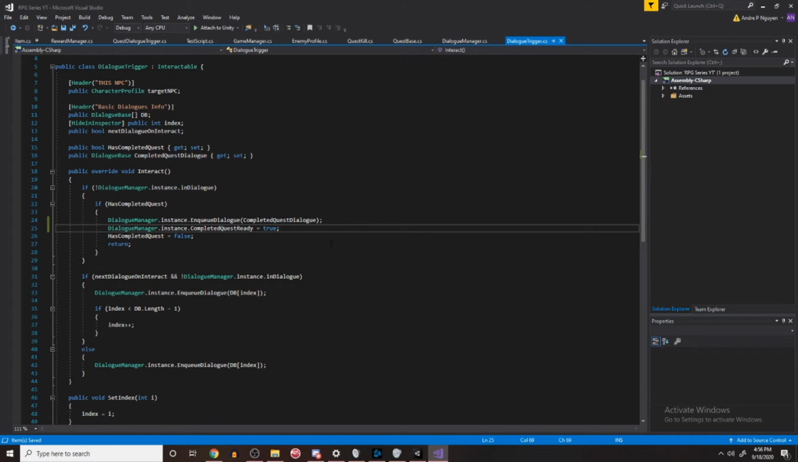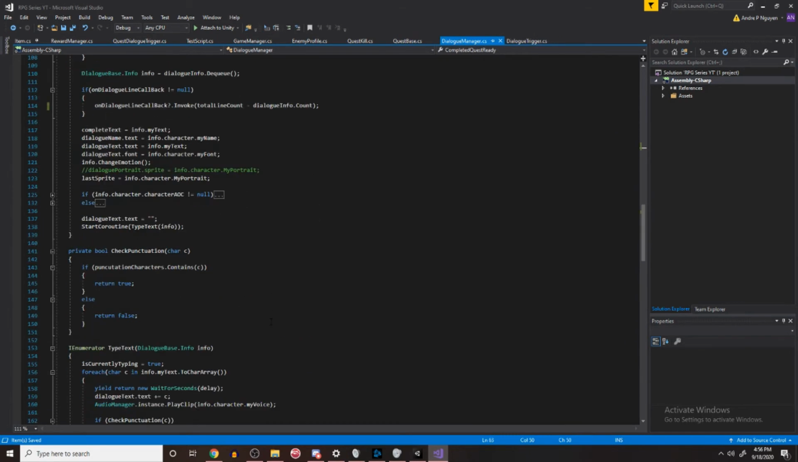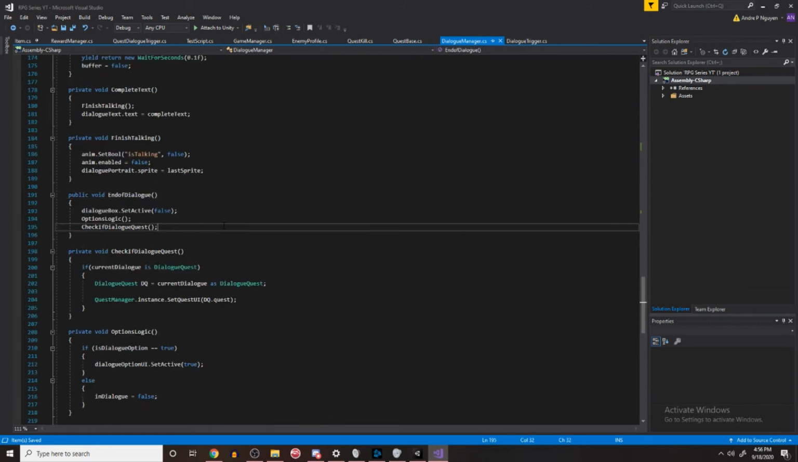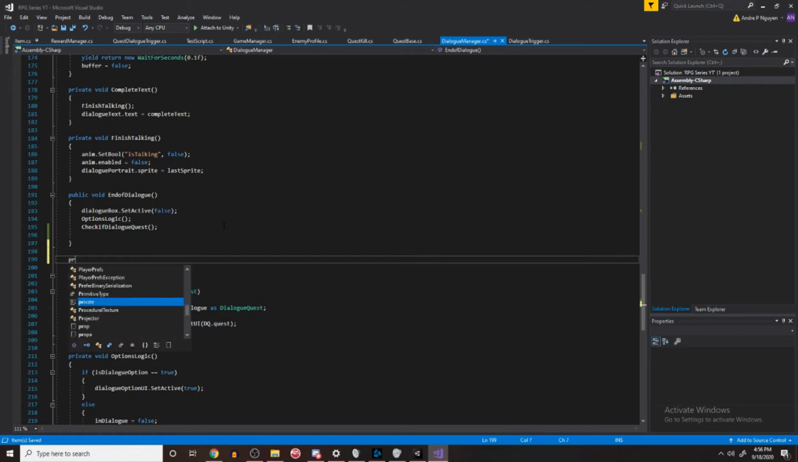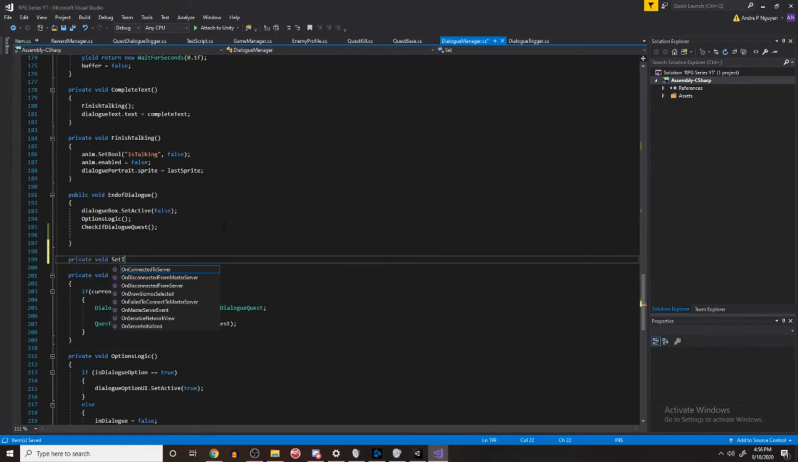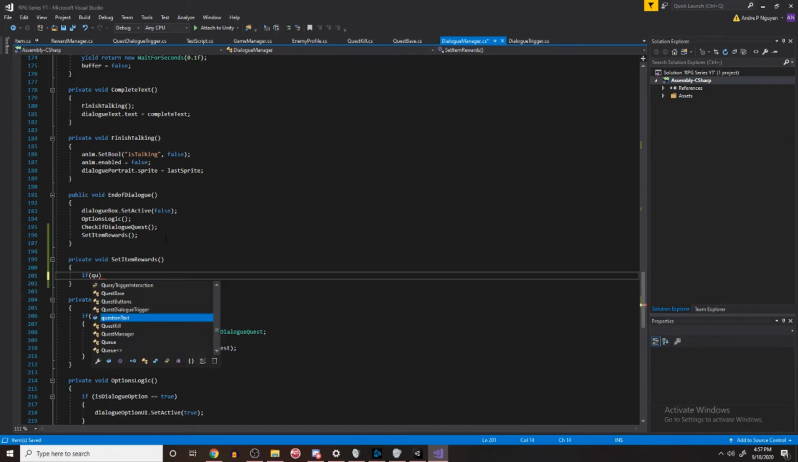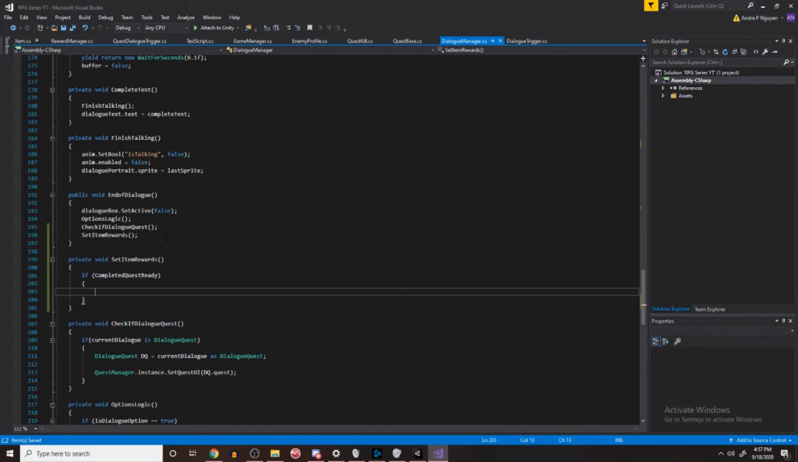And so now that we have the completed quest ready, we can go back to our dialog manager, and whenever we close the dialog, let's go see where we end the dialog here. We'll create a new method and just say set item reward, and we're going to call this here, and we'll just say if the quest ready, completed quest ready, if this is true, then we'll fire off the